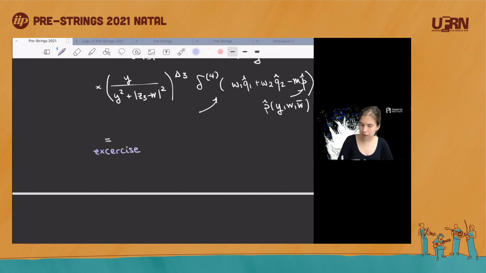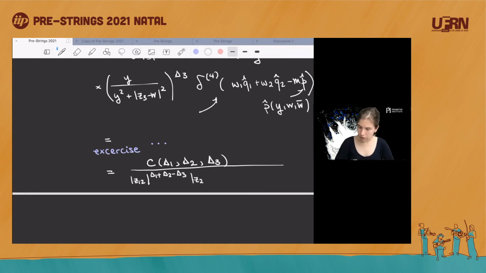If you look at the notes, I also filled in some intermediate steps for you. But the upshot is that at the end of the day, we find a formula which looks something like this. So we have some function of the external dimensions, z12 to the delta 1 plus delta 2 minus delta 3, z23